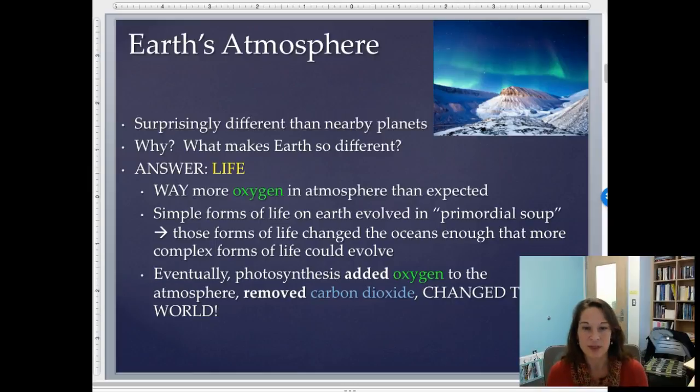So Earth's atmosphere is really different than nearby planets. Why is this? I don't know if anybody's ever wondered this, but the reason is because we have life on Earth, and life in particular uses and produces oxygen more than would be expected if we had no life on the Earth. So basically, early on, organisms were not oxygen breathing or utilizing, and so everything was anaerobic. No oxygen. Over time, we had organisms evolve to undergo photosynthesis, and basically that has resulted in adding oxygen to